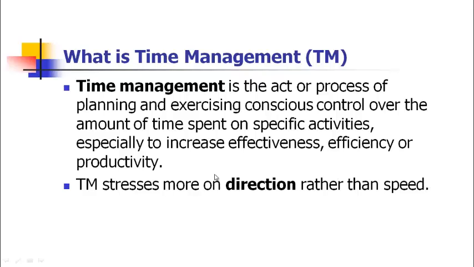So that's why I'm trying to stress that the direction is always more important than the speed. Now, in this situation where coronavirus is spreading everywhere, if you continue going to work in a crowded place without taking precautionary measures, what will happen? Maybe you will be able to accomplish more tasks in 15 days. Your productivity may be higher than the person who is staying at home and not working. But eventually, if you lose your life, then everything ends there, right?